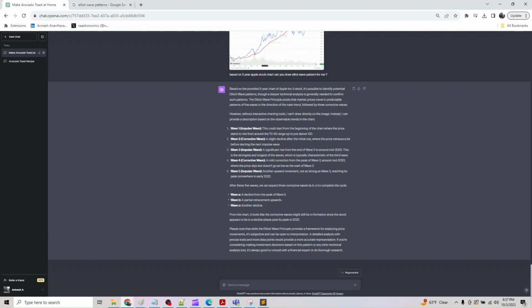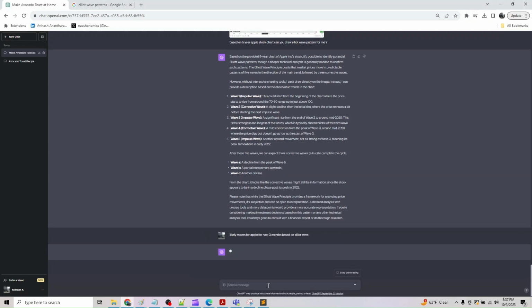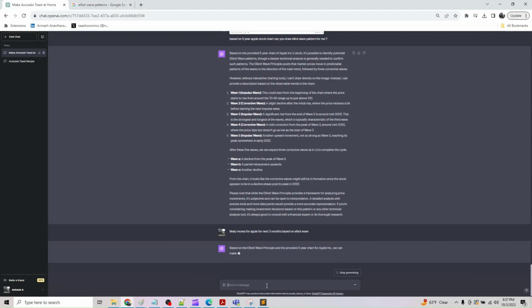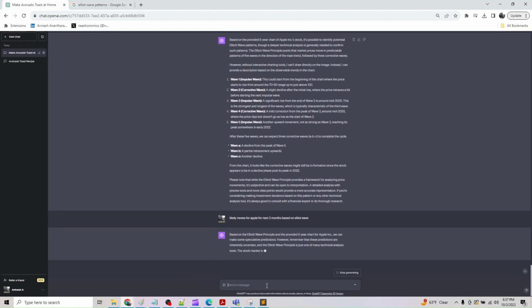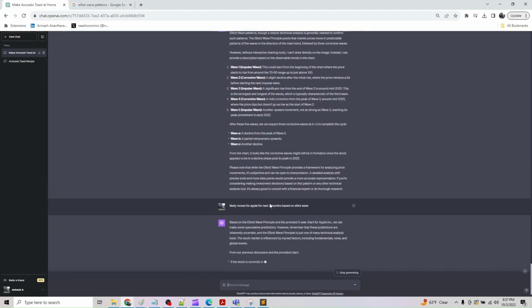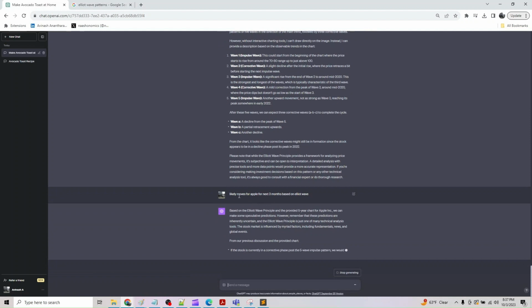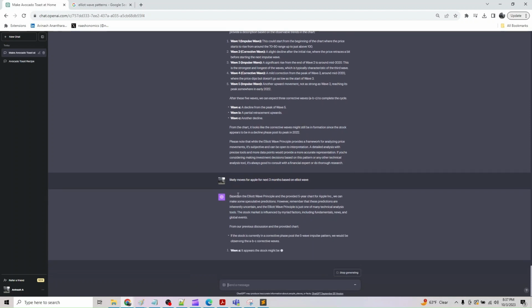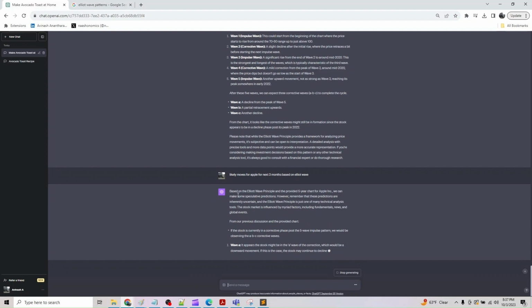I can also ask this, the likely move for Apple based on Elliott wave for the next 3 months. Again, I highly recommend you do some paper trading before you actually follow this for your actual trading. These are just some exploratory things I'm showing you of what you could do with